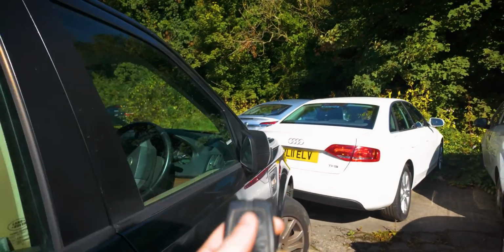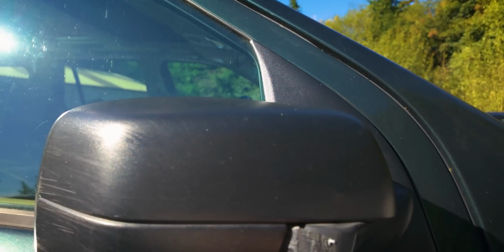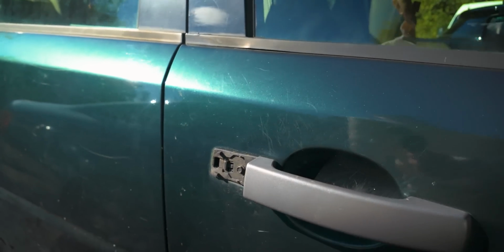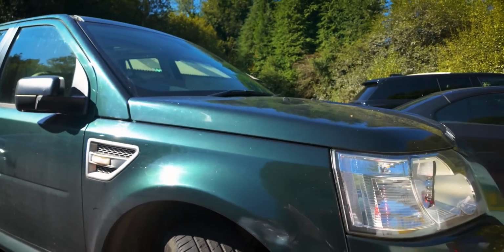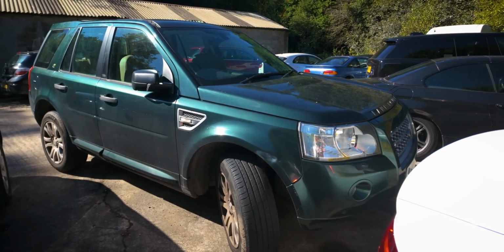Right, we have got 2 keys as well, but one's broken. So I've left that in the car. We've got matching gaffer tape here, the wing mirrors. That little key cover there is missing from the door handle. It's fairly standard. We've got a dent there on the front wing, but again, that would pop out. I think with a few £100 spent on this car, you could transform this. Let's see if the...